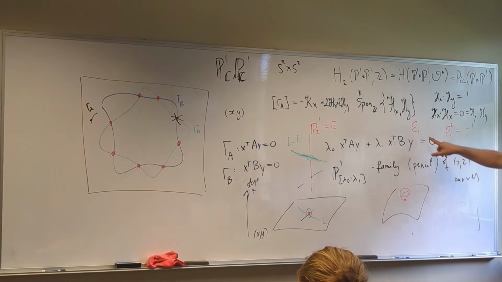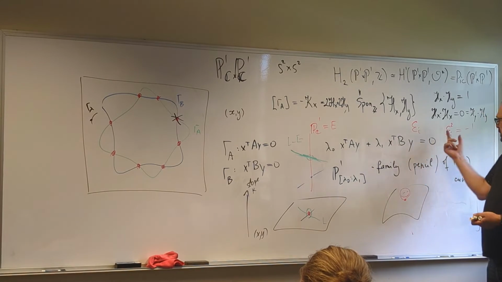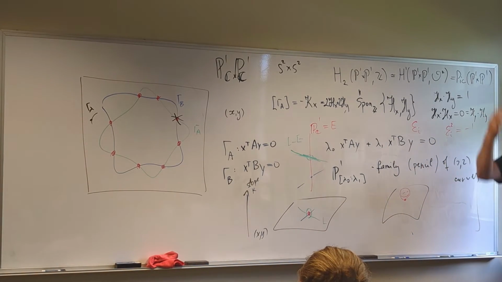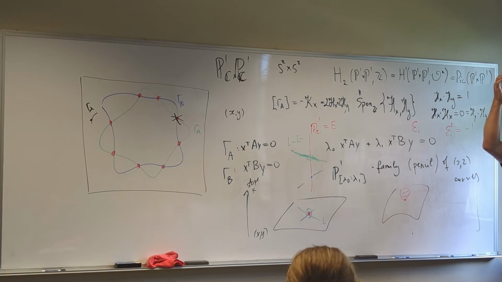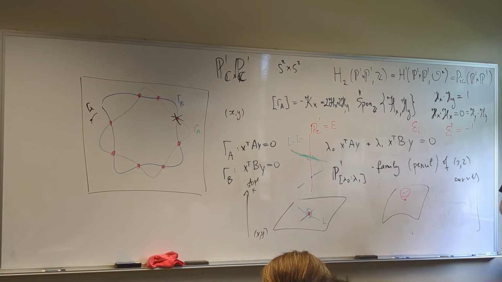So what's happening here is, how do you compute the square? You take two representatives, but your representatives, you want them to be transversal, okay? So when you were doing it for the plane,